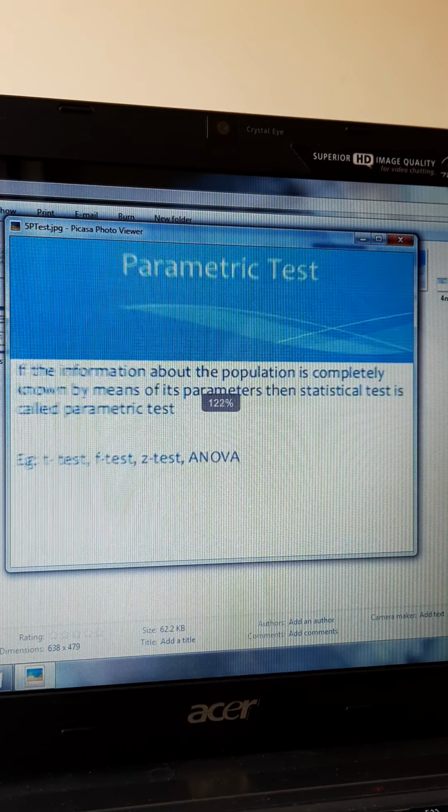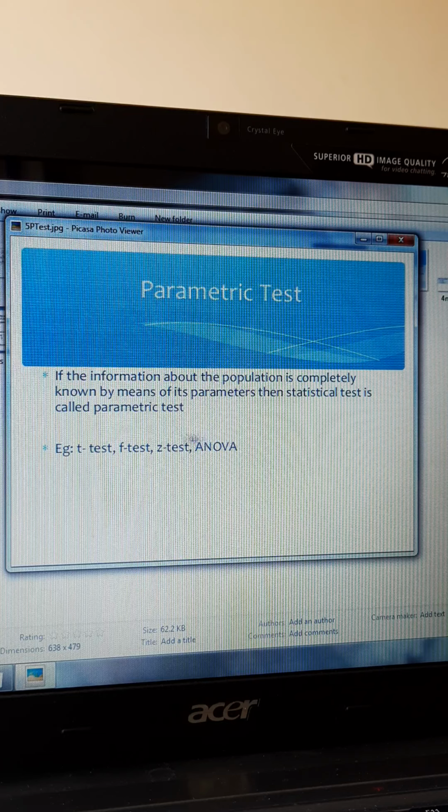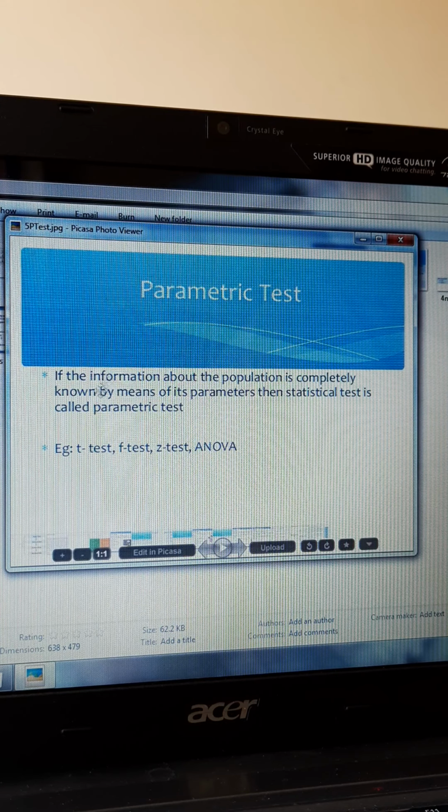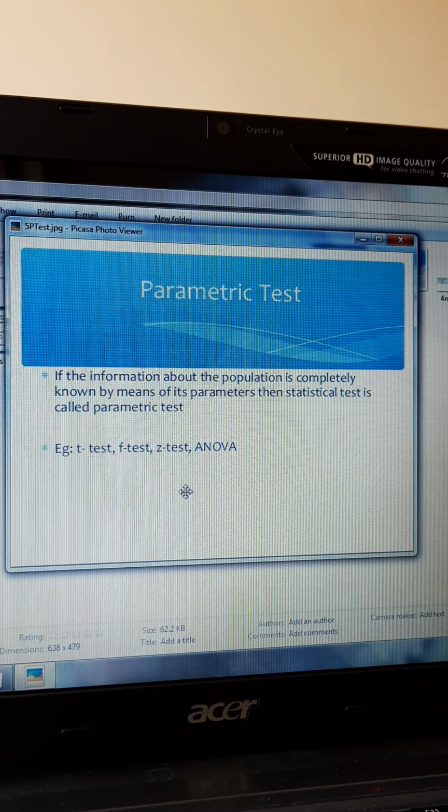Parametric tests are t-test, f-test, z-test, ANOVA. T-test theory you have already seen. Okay, so we will see these things. So these are all the parametric tests, ANOVA, and you will just have to know the theory. You would have already done all these things in statistics. Here I will again run through and say what is ANOVA, like how we did t-test, what is t-test, right? And when it is used, what are the advantages and disadvantages. Like that we will see for z-test and ANOVA also.